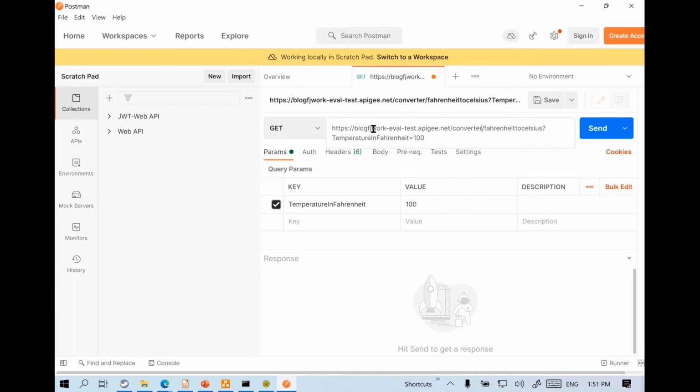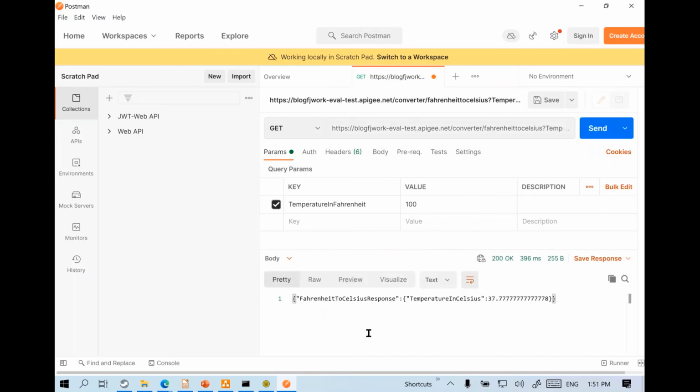Okay, so I want to send a request to this particular API gateway based URL. I want to call the REST API this time around. This is the REST API URL. If I click send, we can see JSON data is returned this time.